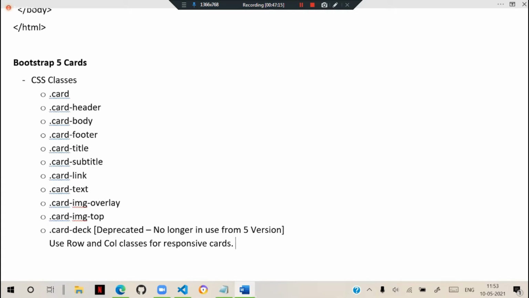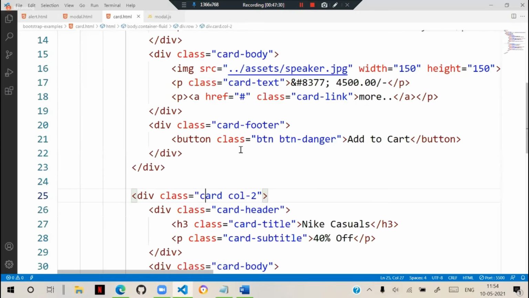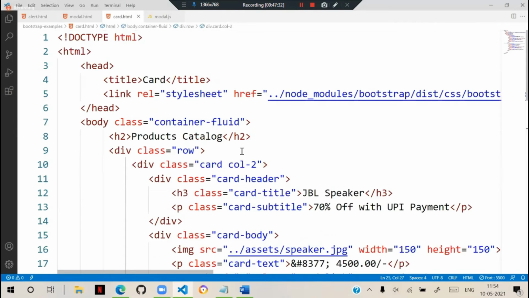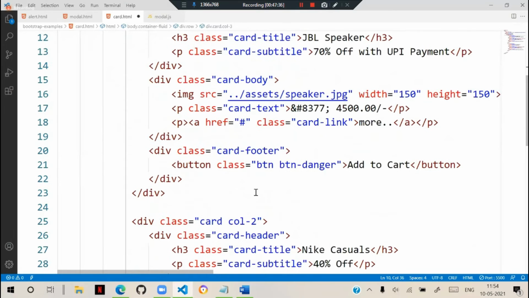Earlier I showed you that in the old version we could directly keep a card deck and it would arrange everything. So we better use these options now. Depending on how much width you want, you can arrange the columns up to 12. Suppose I say this is 3 and this is also 3.